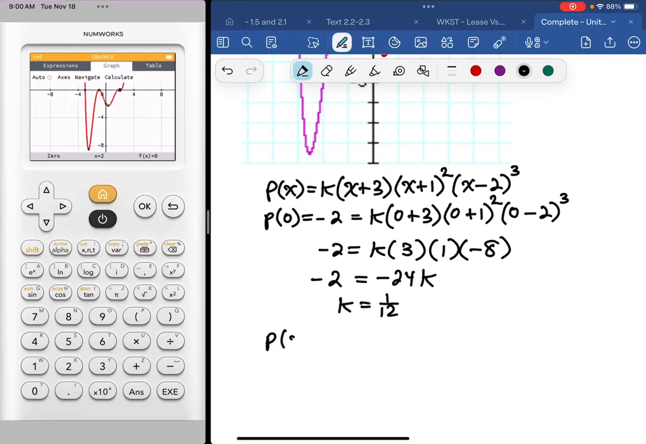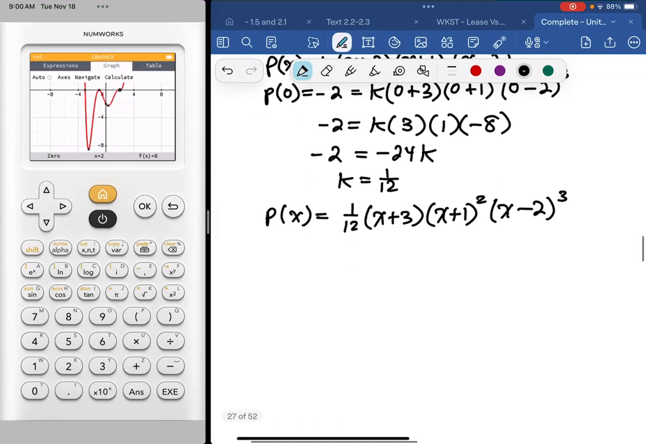So p of x is 1/12 times x plus 3, x plus 1 squared, x minus 2 to the third. And then we distribute all of this out. Feel free to try that on your own if you want to cut the video now, or if you want to move on to the other problems and just check it against the answer key. But at this point, I'm just going to carry out the multiplication, and this is going to